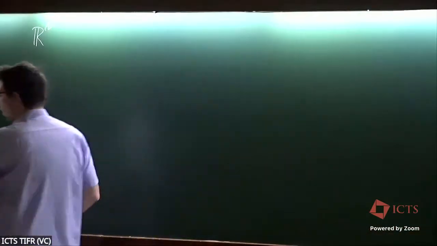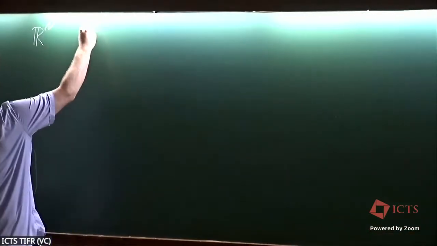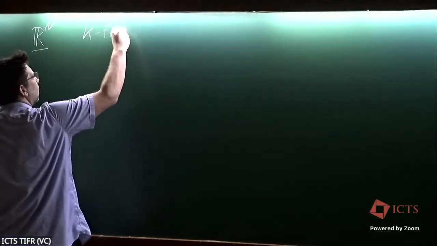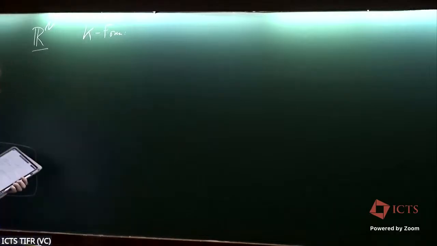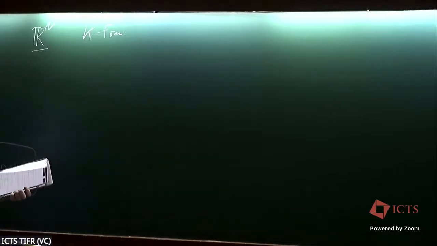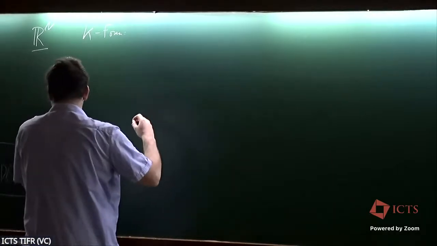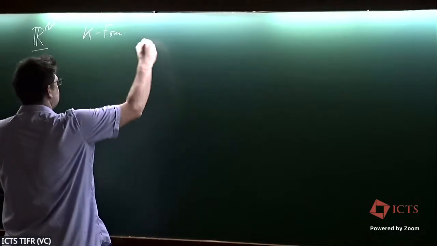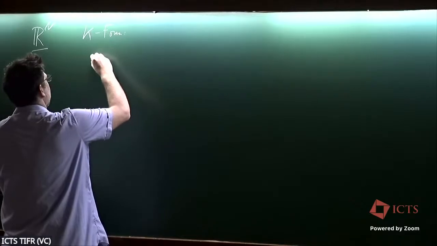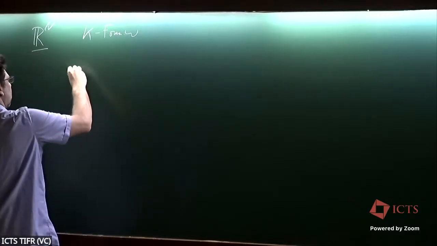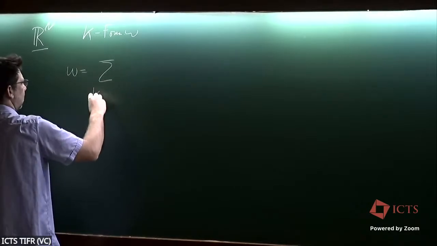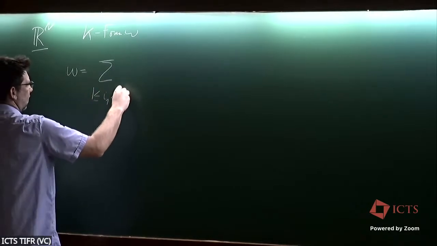So a k-form, let's be on R^n, is simply an element of the vector space spanned by the basis, and the basis is just these wedge products of differentials. So a k-form omega is simply saying omega can be written as